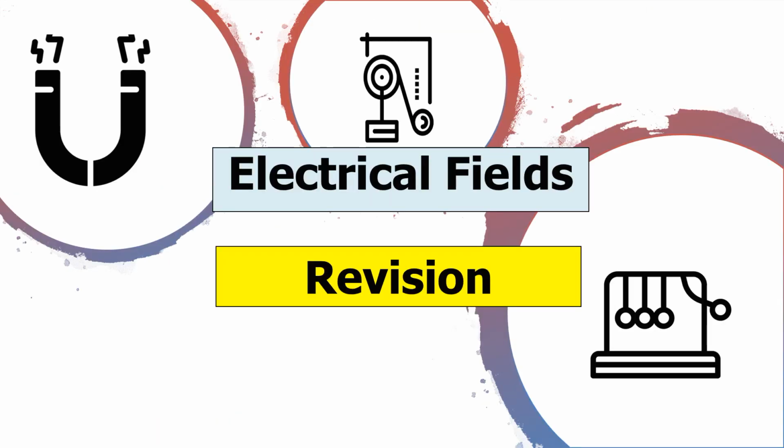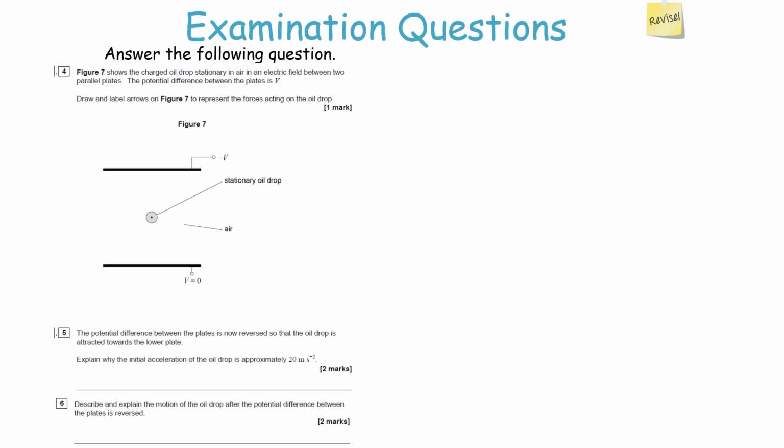temperature. The next set of questions we're going to look at now are to do with electrical fields. So figure 7 shows the charged oil drop stationary in air in an electrical field between two parallel plates. The potential difference between the plates is V. Draw and label arrows on figure 7 to represent the forces acting on the oil drop, and